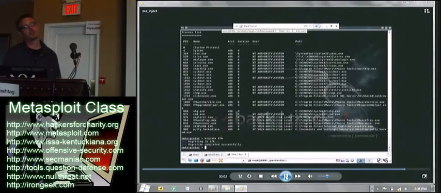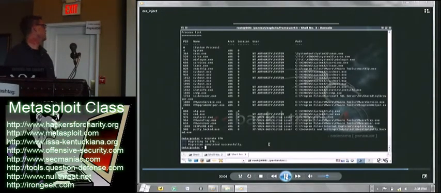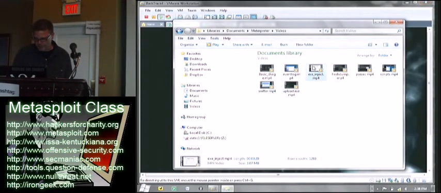Because the user is eventually going to close PuTTY, which is why I migrate over to Explorer. It's kind of a perfect example, and I still have my shell. All right, let me go back to the